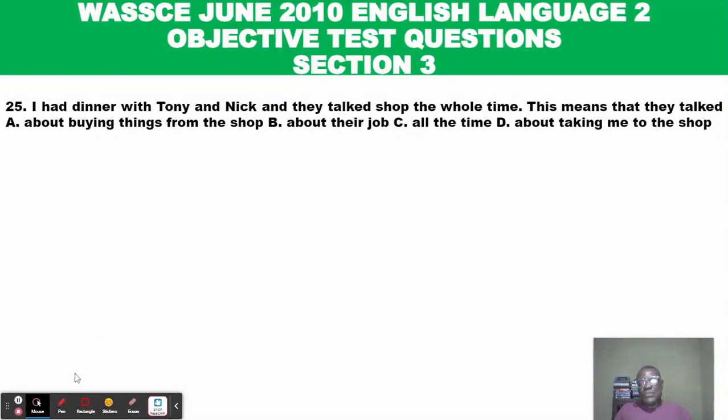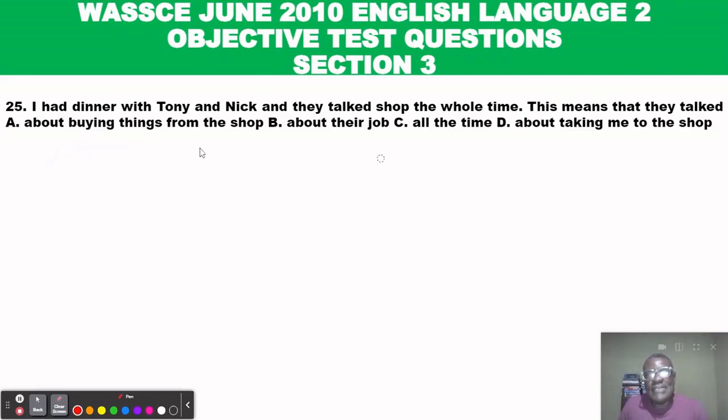I had dinner with Tony and Nick, and they talked shop the whole time. When people talk shop, they are talking about their business, they are talking about their workplace, the things they do. That is what it means to talk shop because shop is a symbol of where someone does business or where someone works. So when you talk shop, you are talking about your workplace or about the things you do. Now, this means that they talked about